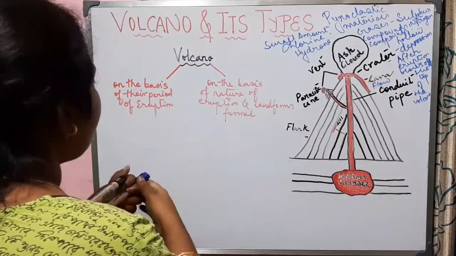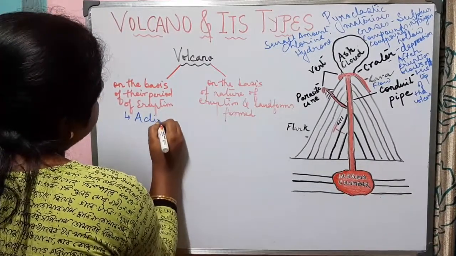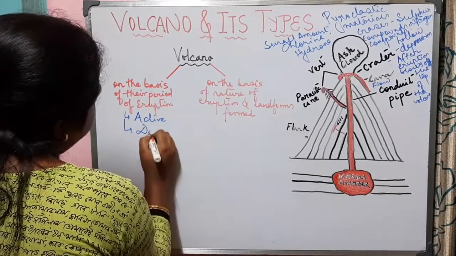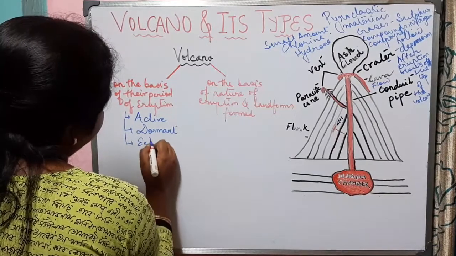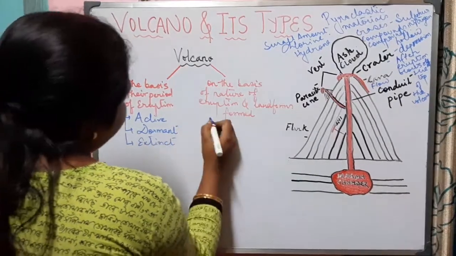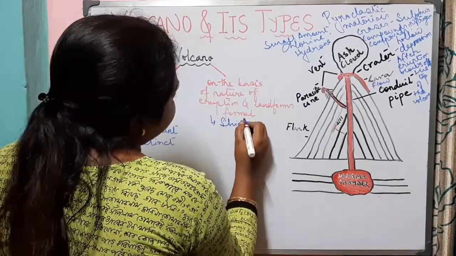Now, on the basis of their period of eruption, they are divided into active volcanoes, dormant volcanoes, and extinct volcanoes. And on the basis of the nature of eruption and landform formed, they are divided into shield volcanoes,